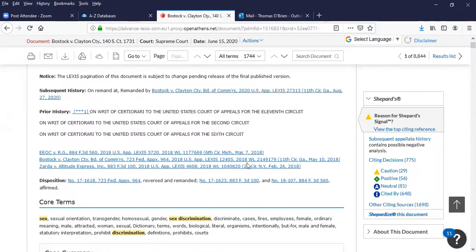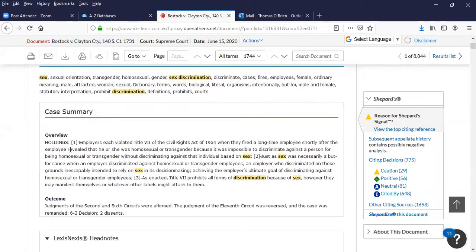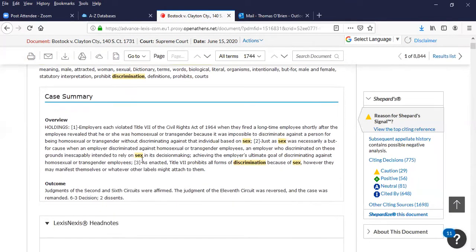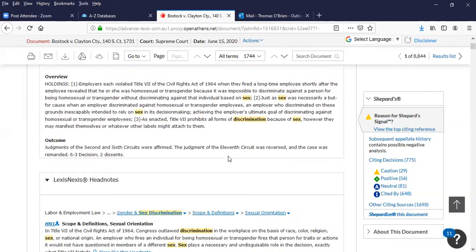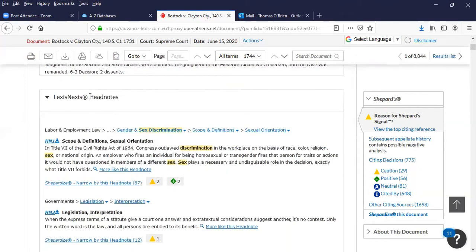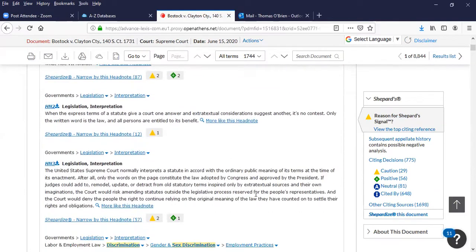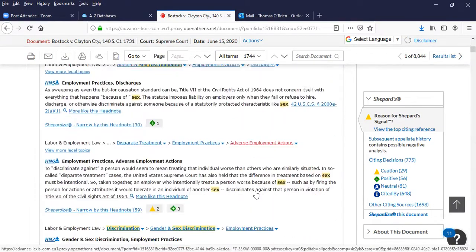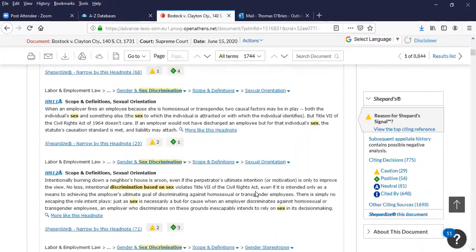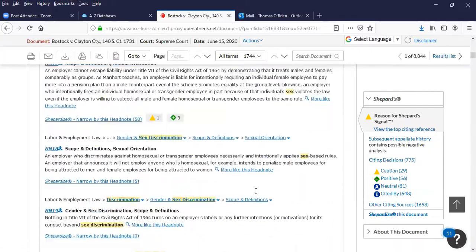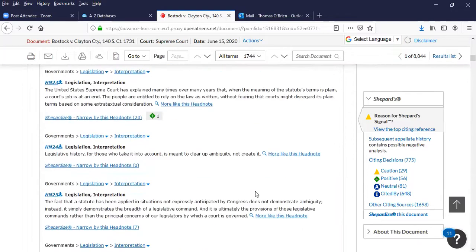Scrolling down, prior history of the case, core terms of the case, summary of exactly what we were just starting to read. Scroll down, they'll have head notes. These are basically definitions and the interpretation of legislation, etc. And there's going to be a lot of them. Keep scrolling down. They're also going to have,